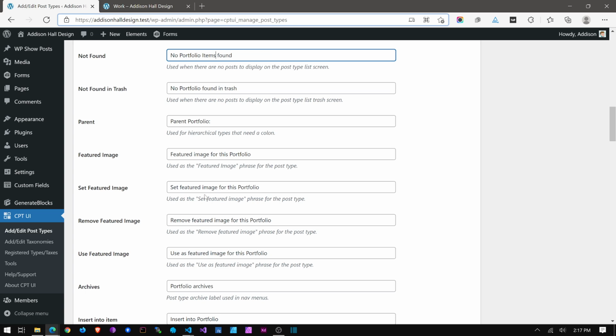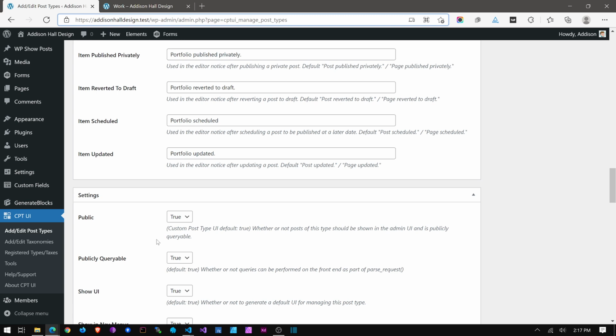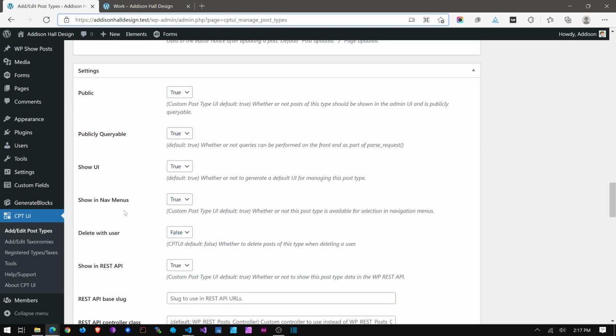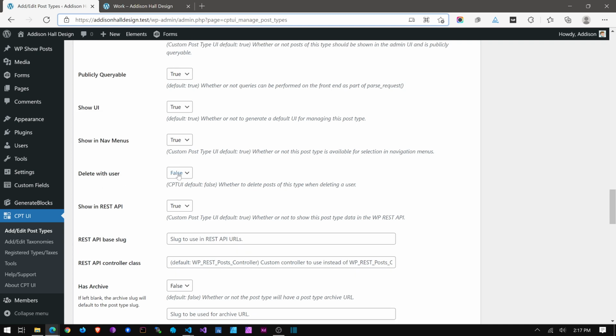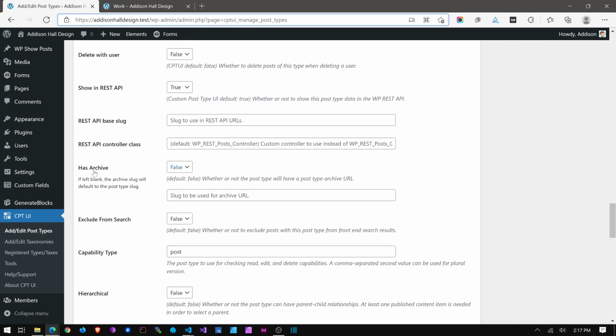Okay, featured image, yeah, whatever. Okay, we're gonna roll through this. You can change all the labels and everything, but we're not gonna worry about that right now. So public, yes. Queryable, yes. Yes. Do not delete with user. Not worrying about the REST API. Has archive, no. Because we're gonna use this little trick with